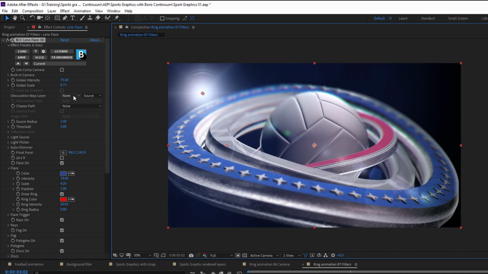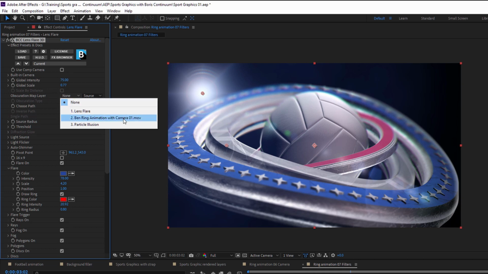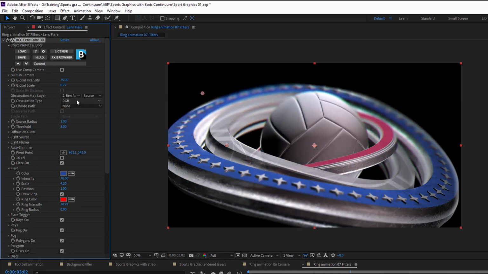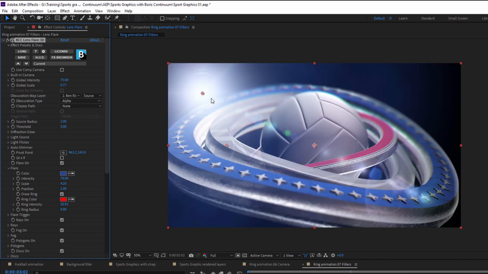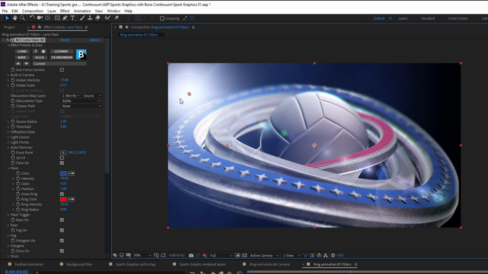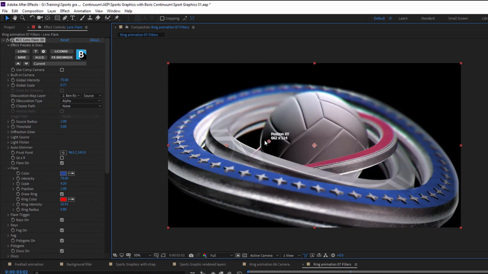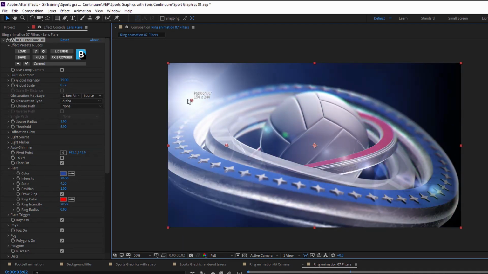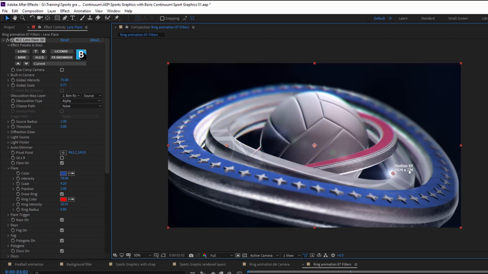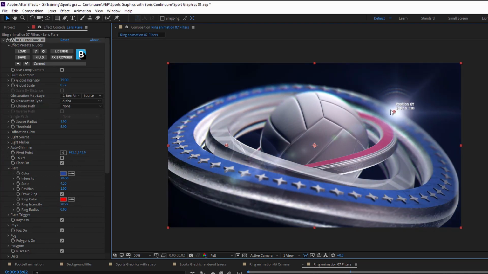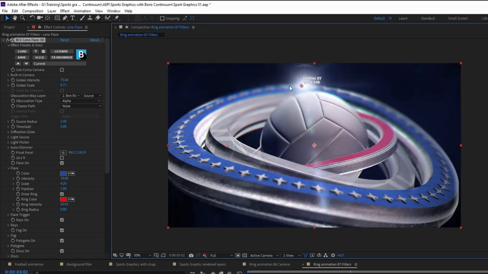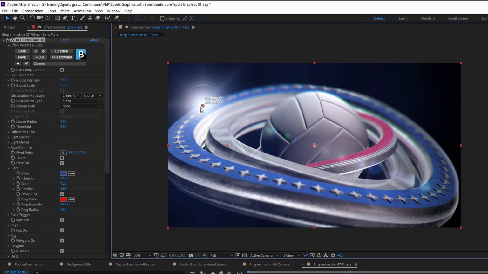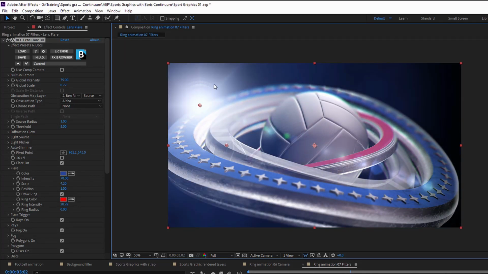One of the other things I want to do is come into my obscuration map. So what this is going to do is look at the layer that we choose, and we're looking at the alpha channel, and as it goes underneath, it's going to be affecting how our flare looks. So this is a nice way to get changes in flare intensity without having to do any keyframes whatsoever. And it kind of means as we track along areas here, we can be getting in some nice natural flicker and flimmer from the flare.